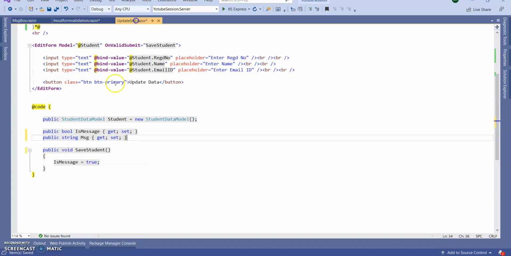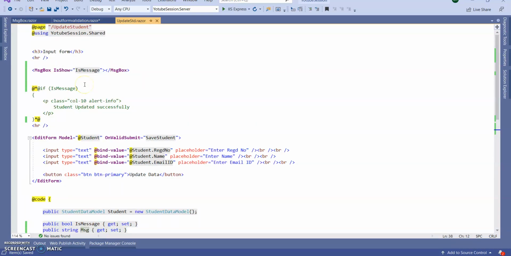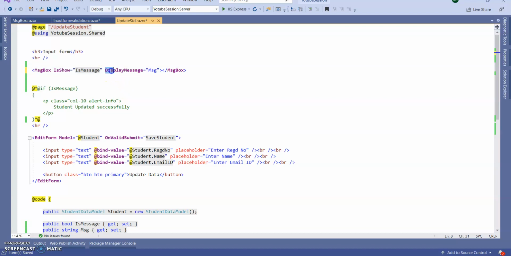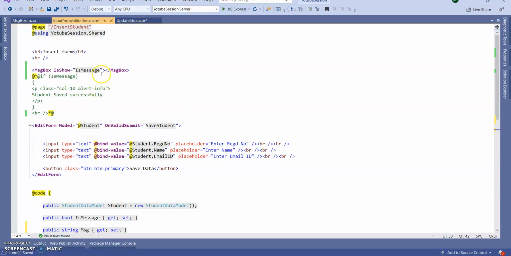Assign the update successfully message. Next, assign this string message to our message box. So you can see DisplayMessage is coming. Same thing also we are going to do for our insert student, right?